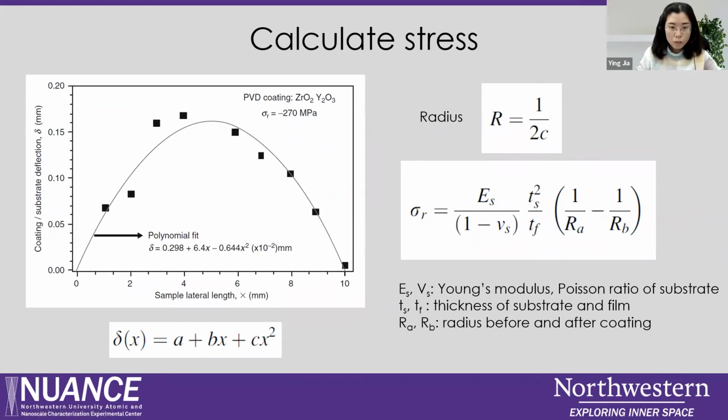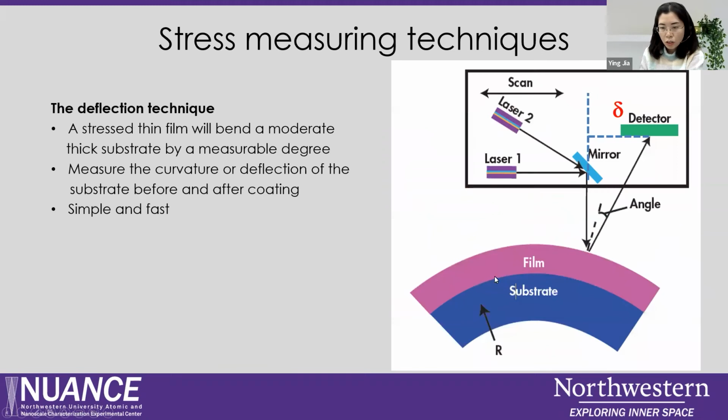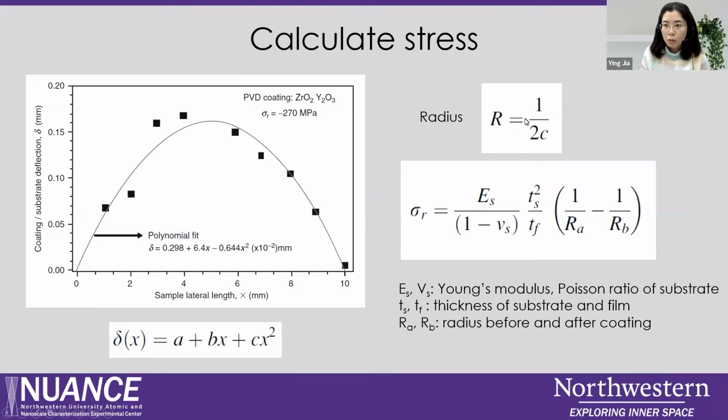So in this fitting, you will have three parameters, A, B, and C. And this C will be used to calculate the radius of the film, of the sample. So the radius is showing up here. So it's curved, it's assumed it has a radius as R. And this radius equals 1/2c, and then you can use this radius to calculate the stress with this Stoney